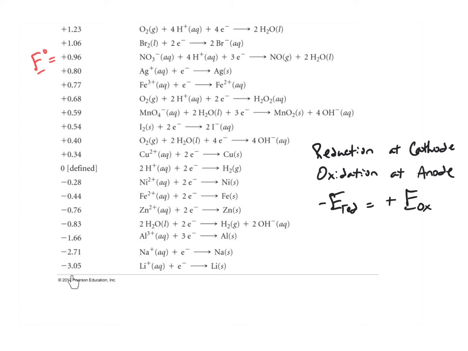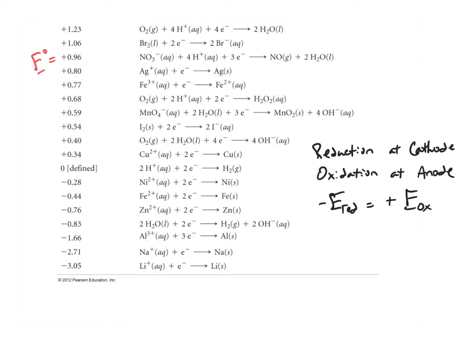And notice the one at the very bottom, the one with the most negative reduction potential, the most likely to be oxidized because it's got the smallest reduction potential, is lithium, which is one of the ions used most often in lithium-ion batteries or lithium-ion voltaic cells. You will always be given a list of reduction potentials that you might need to use in order to do